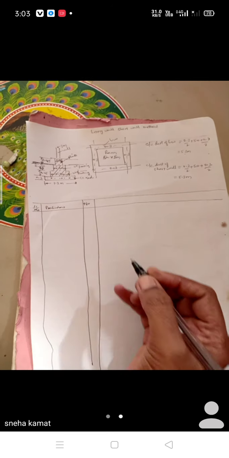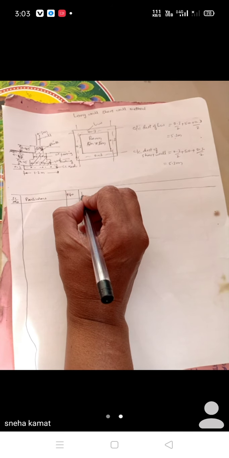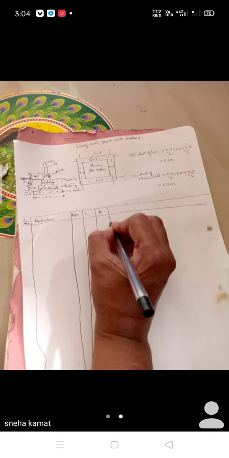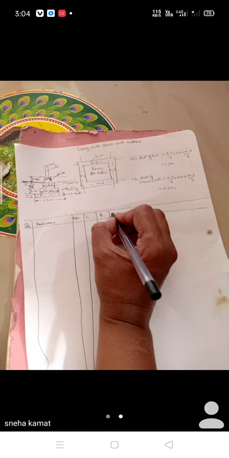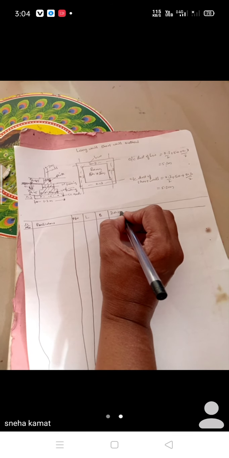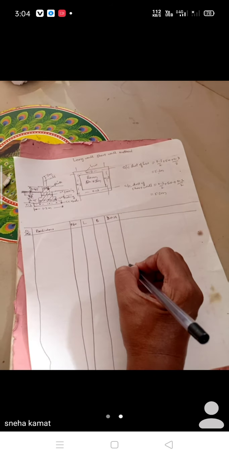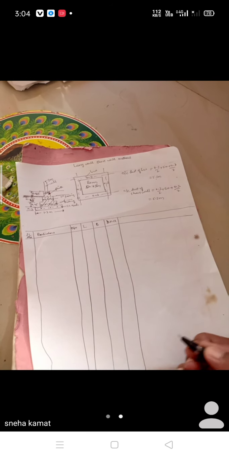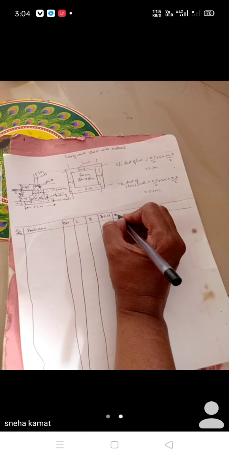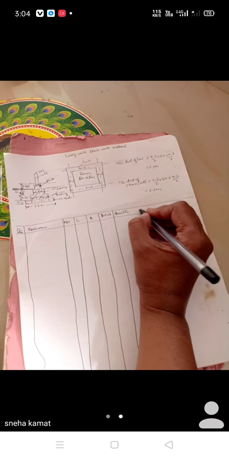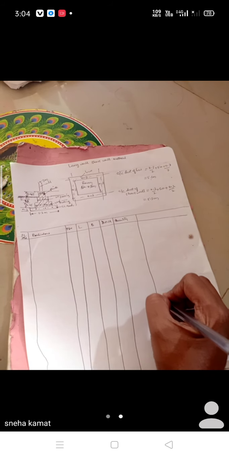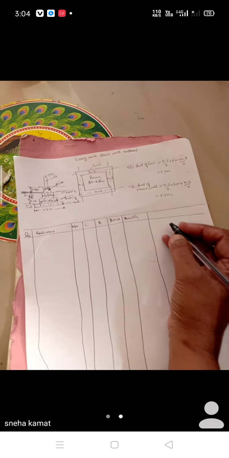Then will be the number, how many are there, then you will have the length, breadth, depth or height, whatever it is, then the quantity, and remarks.